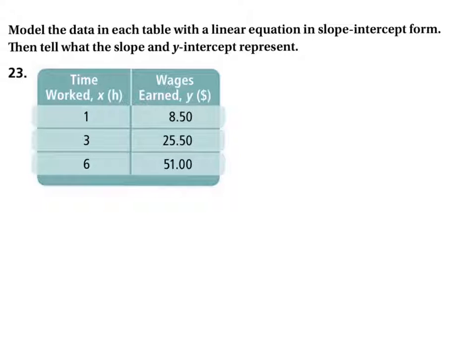Okay, if we're going to model this with a linear equation in slope-intercept form, we need to find the slope. So we really can talk about these points as being, this could be the x1 coordinate, the y1 coordinate. That's one point in x and y. We could also say this is x2 and this is y2, because why not? Now,